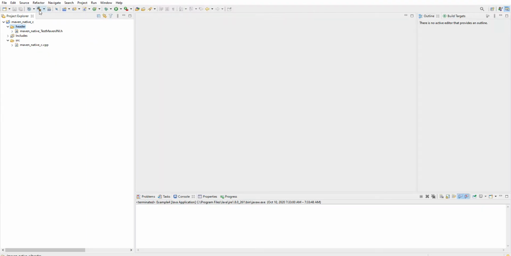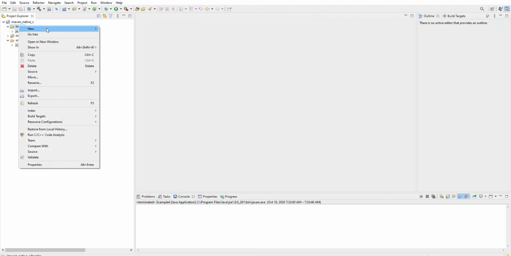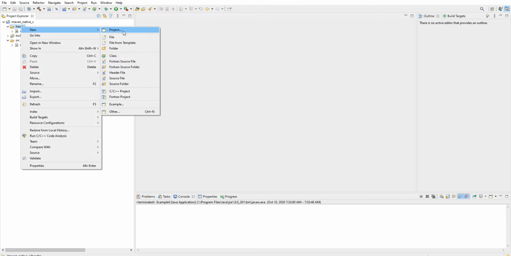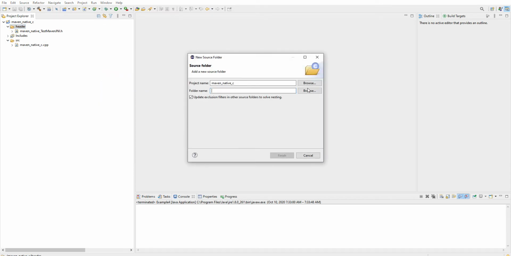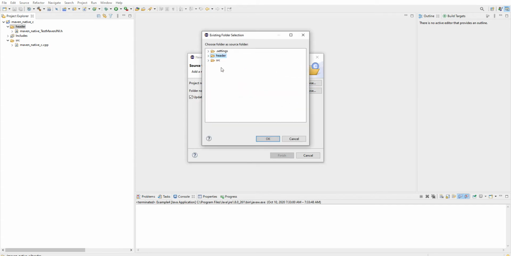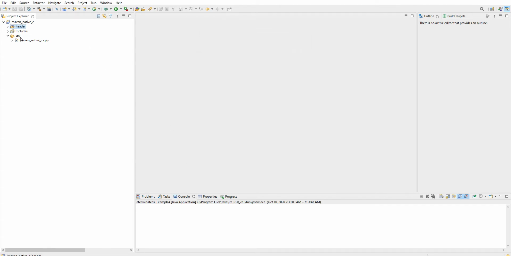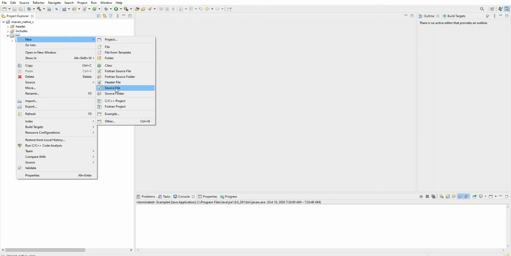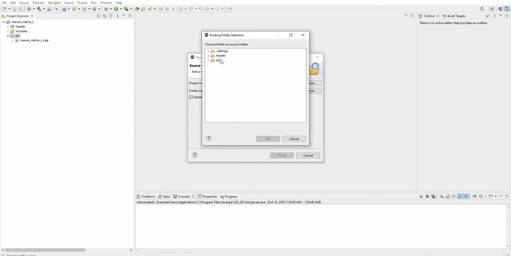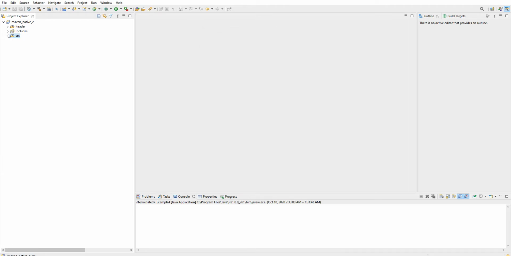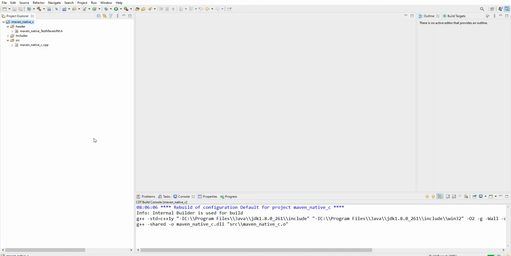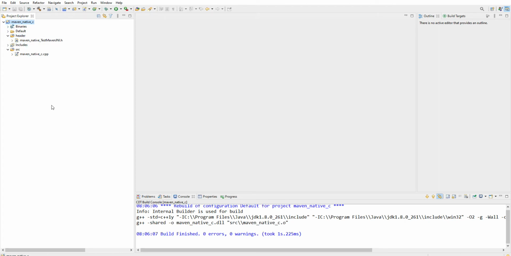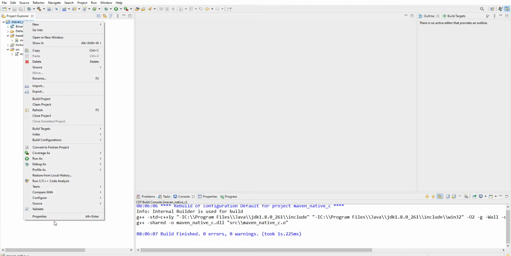So you see these two folders are not labeled as source folders. So if I run this, nothing is probably going to happen. So what I'm going to do, I'm going to right click on the headers folder, and then new, and then source folder, and then I'm going to browse and select the header folder as a source folder, and then also for the src folder. So new source folder, and then browse src. Now the compiler looks into these two. So let's see if I can build this. And the build was finished. I was able to, and as you can see at the moment,